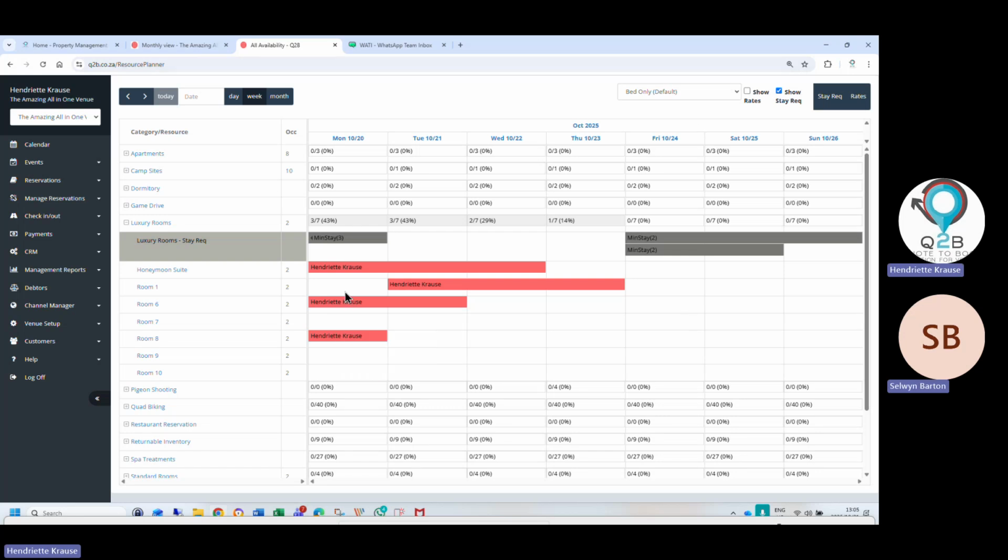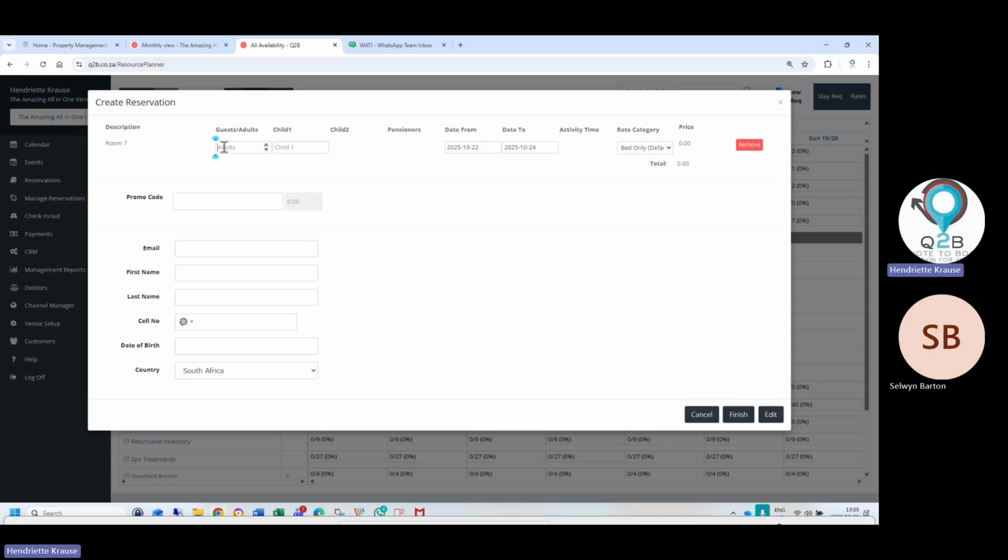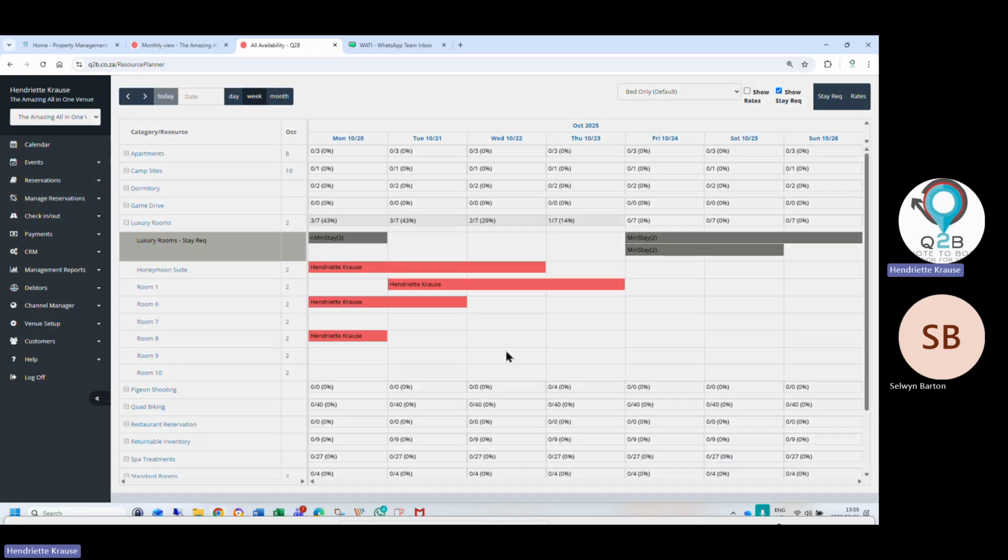Okay. So in terms of rates, can you do rates for different seasons, for example? Yes. Okay. So let me just show you here. If I want to book that room 7, I can easily just click the 2 nights and there it puts it in. This is of course a much easier screen to work from. And I'm booking from the 22nd. And at the end, I decide now I want to book at a different rate. I can select it. Okay, and there you go, finish, and it will mail the document to the client and the booking is done.